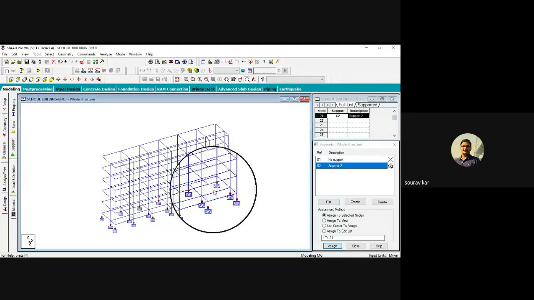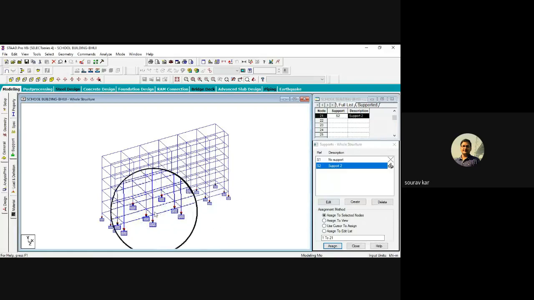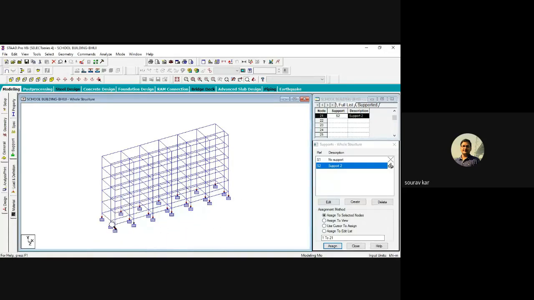You can see I have assigned fixed end supports to the base level.